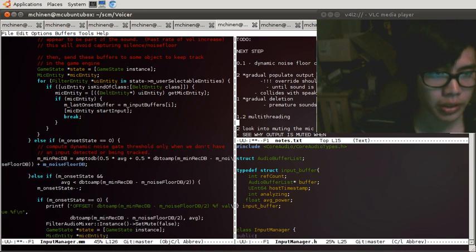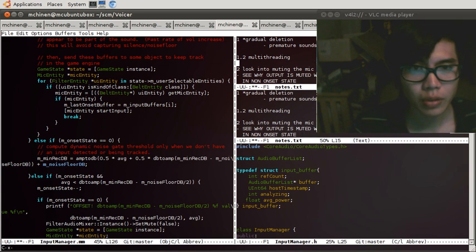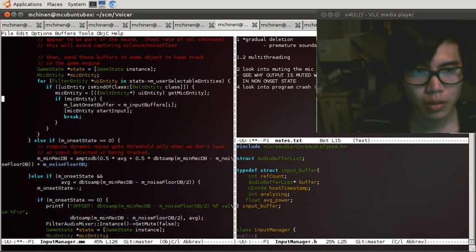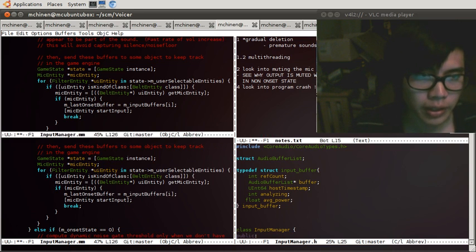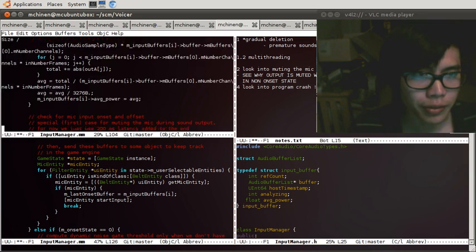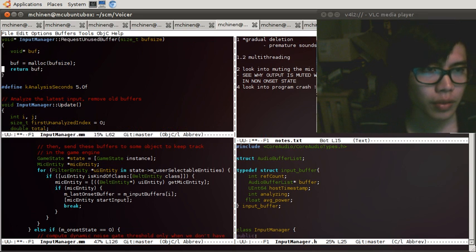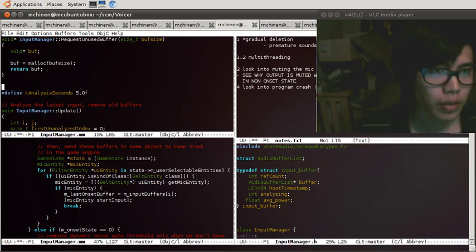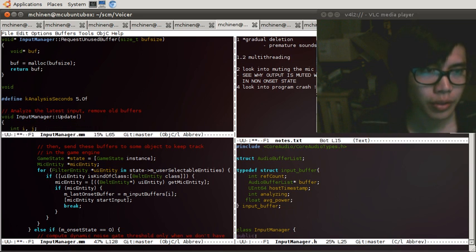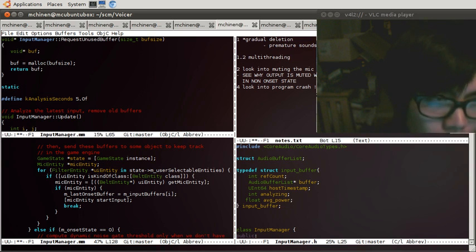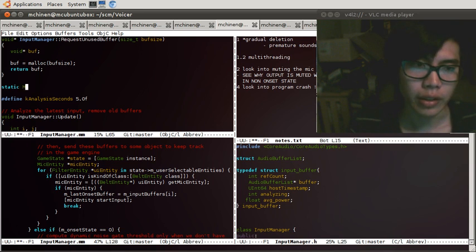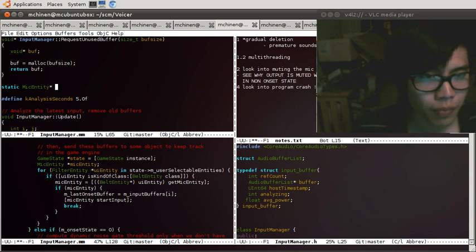So I'll take that much, and for now I'm going to kill this because we don't need that. Oops. So what was I about to do? Break this in half. Yeah, I'm going to go above it. And I'm going to say here, void input manager. If I can use this as a static call, that's even better. So we'll just say static